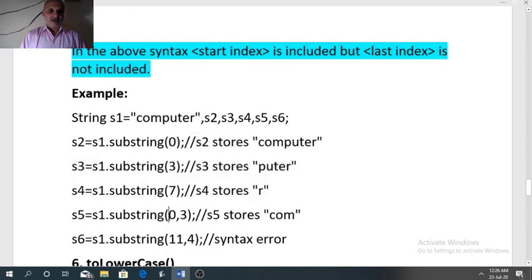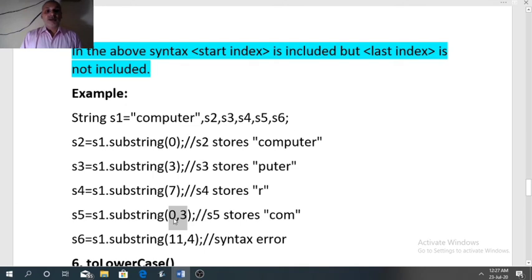So in the first three examples you have seen where I have entered one argument, that is the starting index. Now the next example is S5, which will store the substring starting from 0 up to 3. I had told you in the beginning, the starting index is included and the last index is not included.